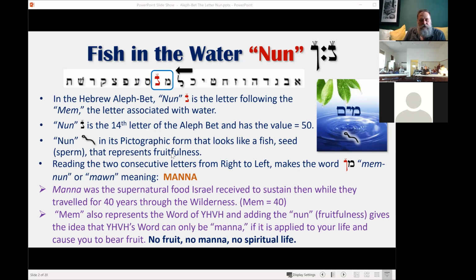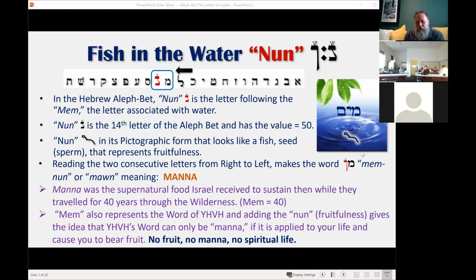Now, the letter Nun needs to exist within the medium of the letter Mem. So that's what this picture is about. The Nun exists within Mayim, or water, in this case representing a fish. But on the other hand, it's the Nun that gives life to the water. Water doesn't have life in itself unless it sustains something living. And that's what the Nun represents. It's that physical life that exists within the water. So it gives the water meaning.